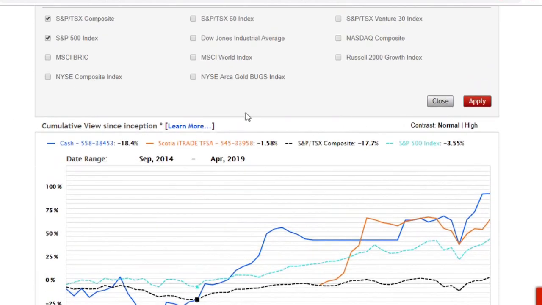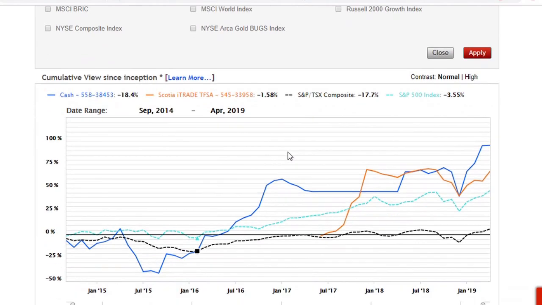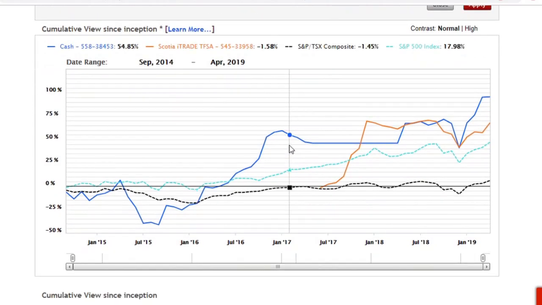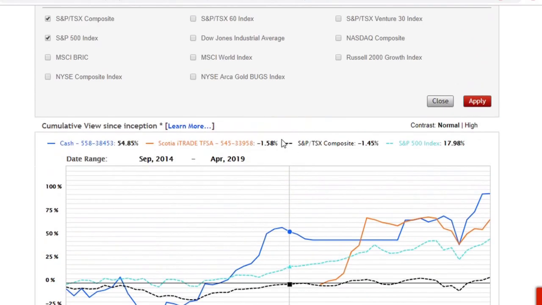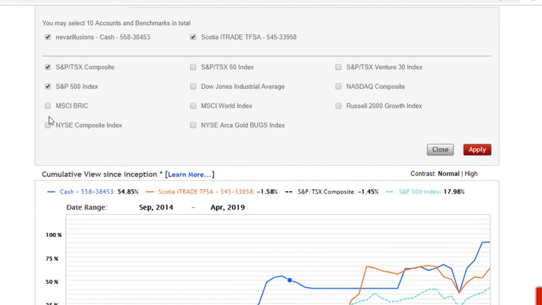Now, this chart is really nice. If you guys don't know, this is Scotia iTrade. I'm not promoting it. It's just something that I've used because it's my bank here in Canada, and it also gives you all these other really fun things you can compare your chart against. So let's compare it against something else. Let's turn off S&P 500 and the TSX component. Let's just go against